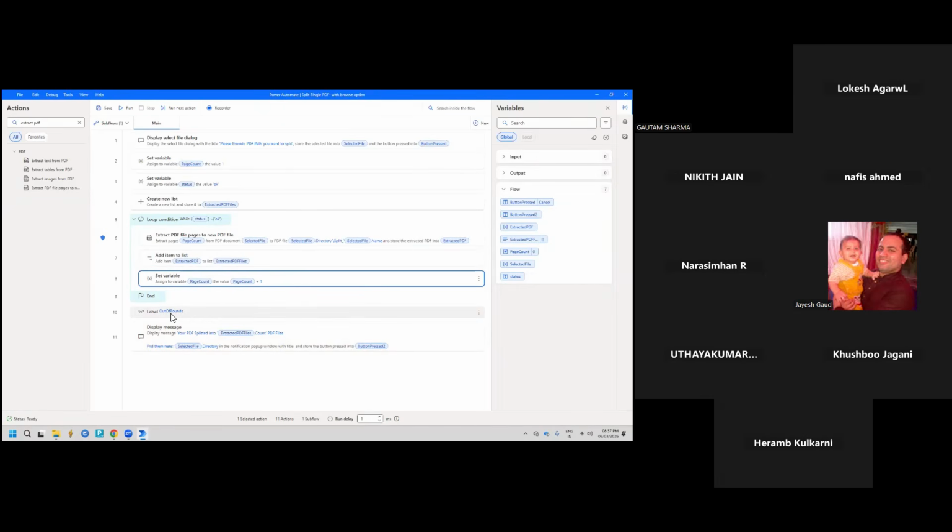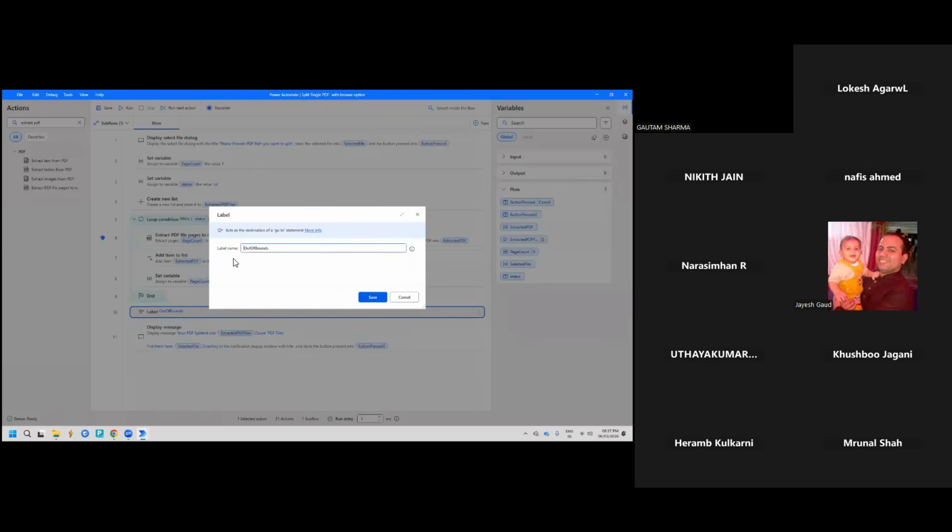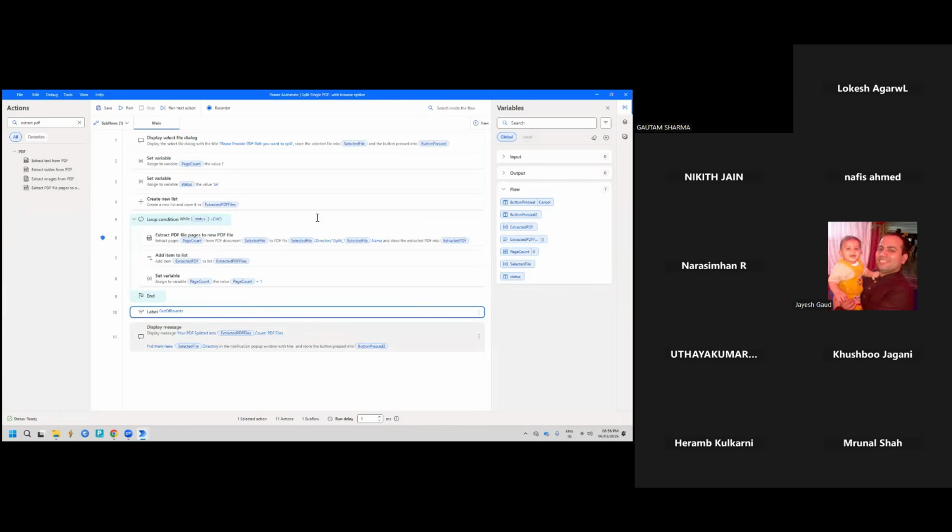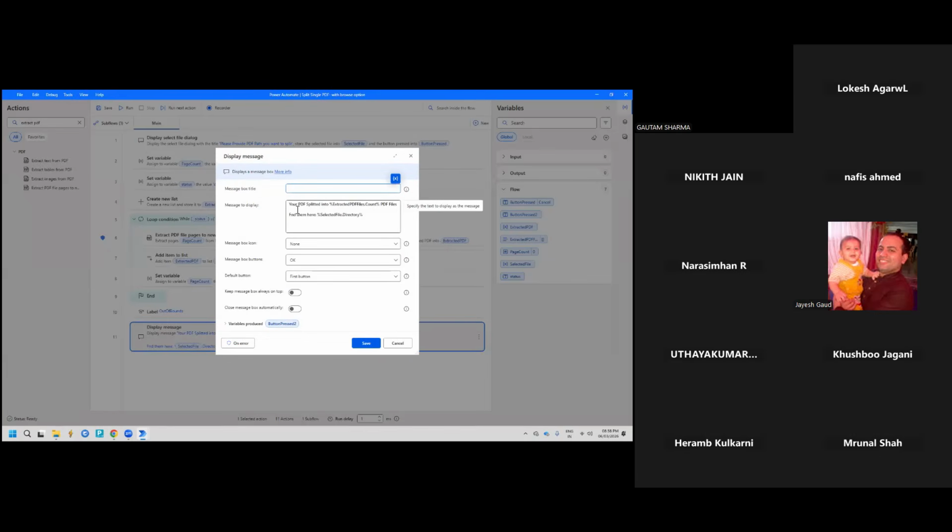After that, I have given a label. I have given a label with the name out of bound. Out of bound means when the task is going to complete and we are not able to get the status. If we are moving to the last page and we are not able to find any more pages, we will get a label out of bound, and then we are getting a display message, that this message will be displayed, and you can see here the spelling was incorrect,